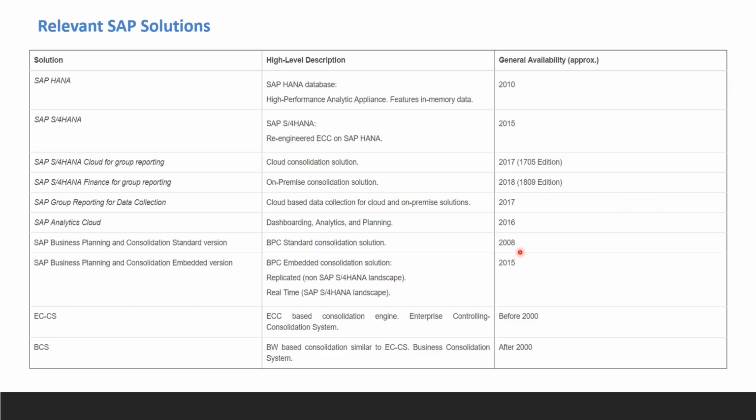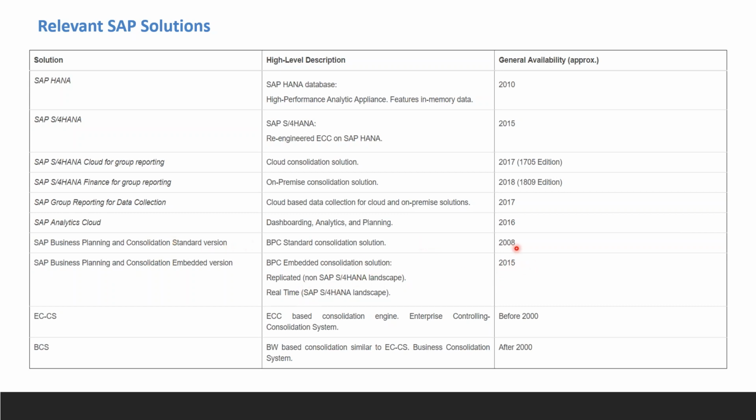So regarding the relevant solutions and when they were released, this slide will give us a clear picture. BCS is after 2000, ECCS is prior to 2000, and everyone is aware that BPC came up from 2015, with the consolidation embedded solution, this is 2015.